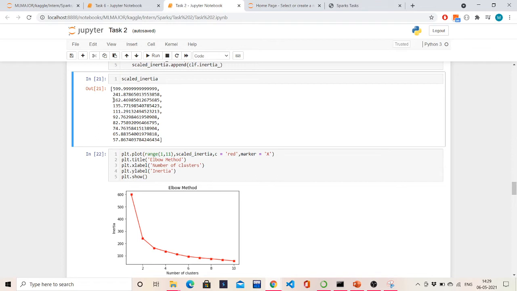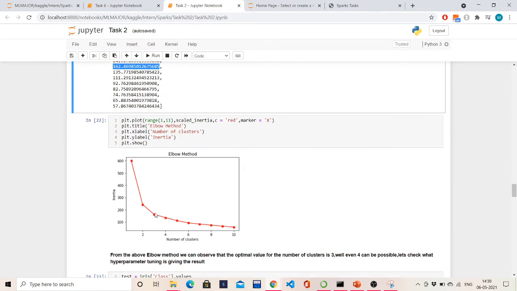Here we can see, why didn't I select 241? Because in the near future, suppose in the 5th position or somewhere, if my inertia value increased, then this prediction would be wrong. Then why did I select 162 only? It is clearly visible from the chart that after this point, there is always a sudden decrease. So you can either choose this point or this point. It's your wish. You can choose 3 or 4.